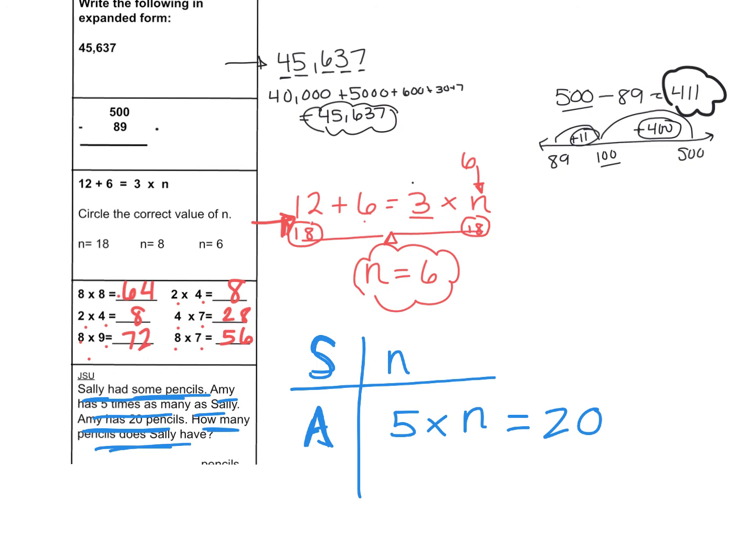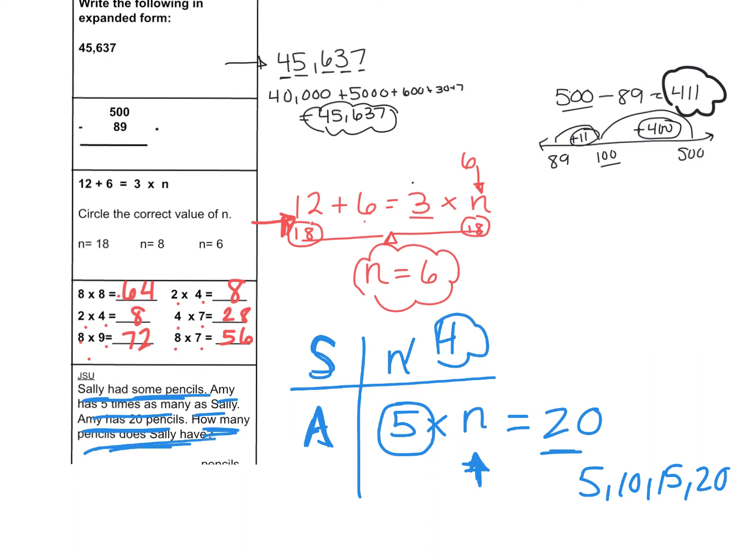Well, what's going to make this sentence true? What do we have to multiply by 5 to get to 20? There are 4 groups of 5 in 20. 5, 10, 15, 20. So that means that 4 times 5 is 20. So our n, what Sally has, is 4. So how many pencils does Sally have? She has 4